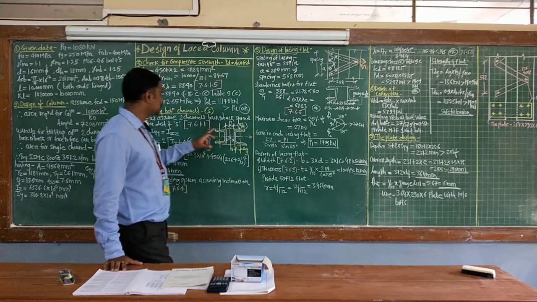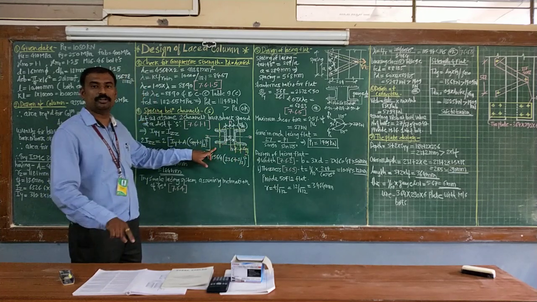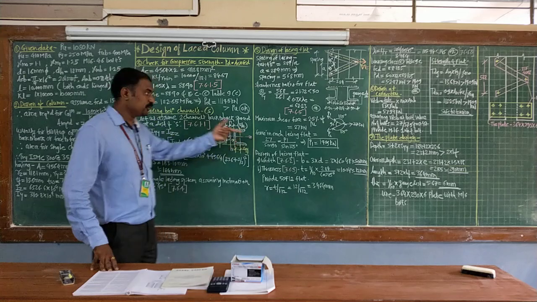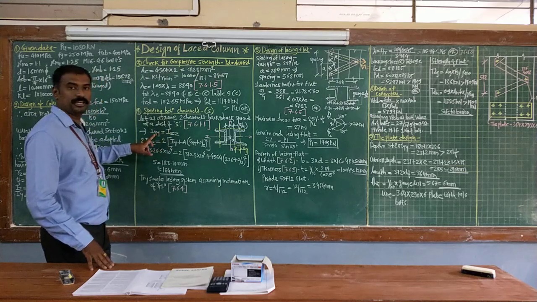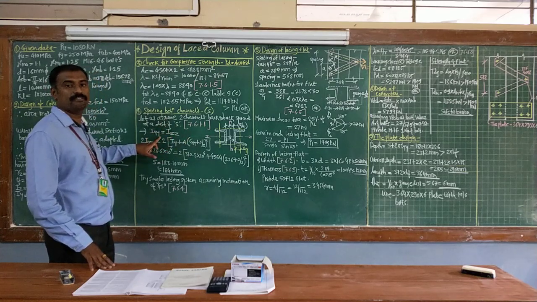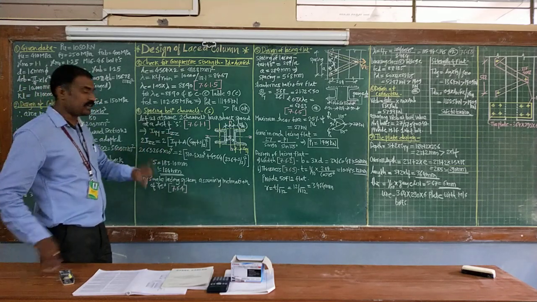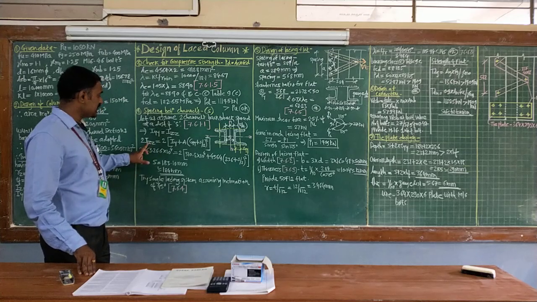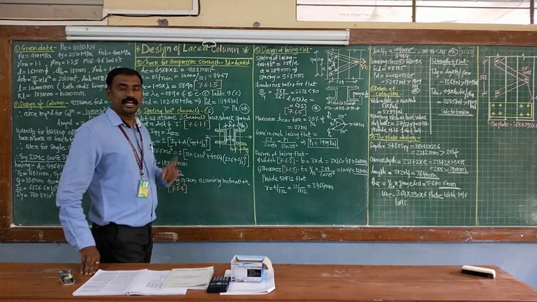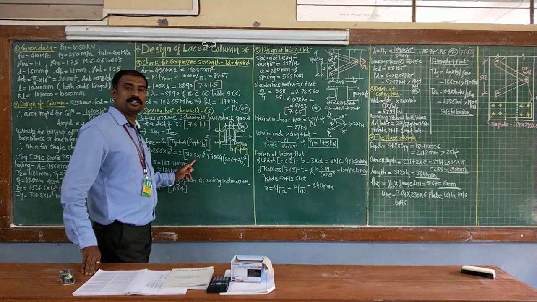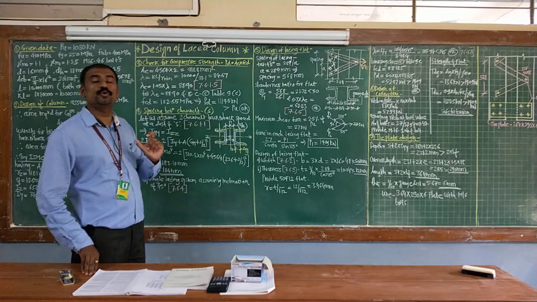So according to clause 7.6.1.1, the moment of inertia for the axis perpendicular to the plane of lacing should be at least equal to that parallel to the plane of lacing. So you can write that Izz should be equal to Iyy. Correct? Putting the values, we know the moment of inertia for both axes, z and y. So you can write here 2 times Izz equals, now applying Ig plus Ah square, that is the parallel axis theorem. According to it, Ig is the given moment of inertia, A is the area of section, and h is the perpendicular distance between the two parallel axes.